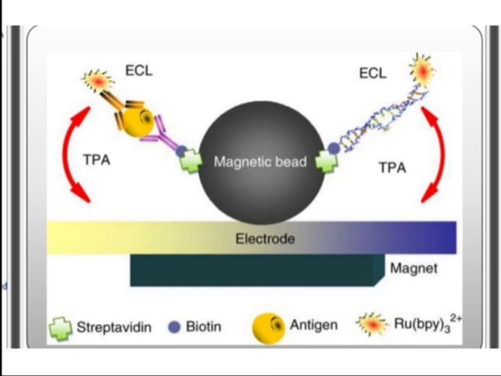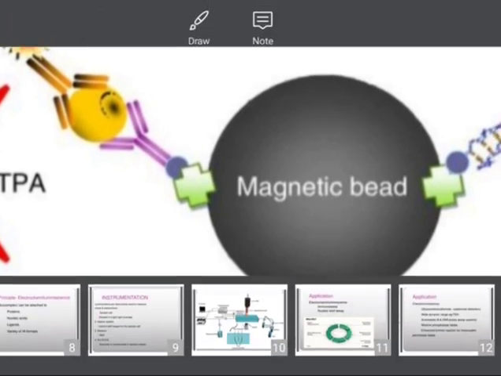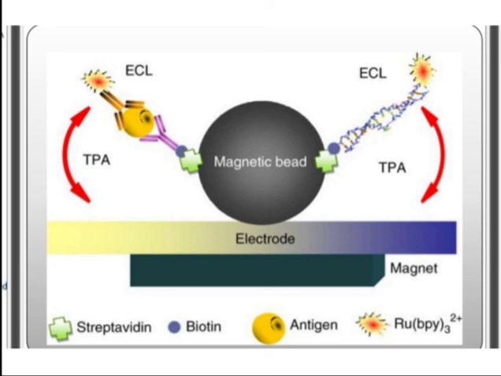Antigen and antibody form the complex, and at that time this one is the antibody, this is an antigen, and this one is the antibody. Purple color is used for the antibody, biotin, and this is an antigen. There is a complex formation, or the sandwich structure is here. When the streptavidin is added into the system, and streptavidin are the microparticles, this bond becomes stronger, or the complex binding becomes stronger.